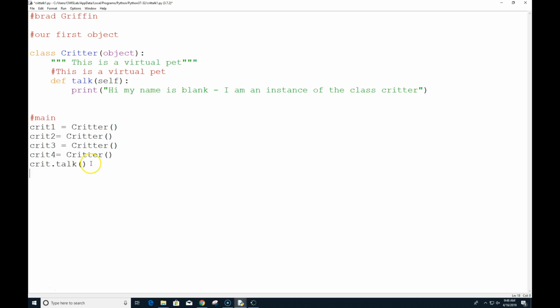They don't do anything other than create a copy of themselves. Now if I did the same thing to call the method in there that actually does something, crit 1, crit 2, crit 3. Essentially we can create unlimited numbers of these objects.